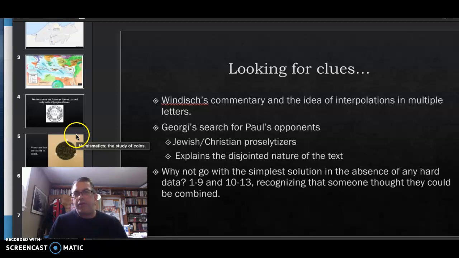So one piece of evidence for the presence of these Jewish or Jewish Christian proselytizers, missionaries who are going around and doing much the same thing as Paul, is the evidence of basically population records that attribute large numbers of Jews in different communities and their actions as they try to make inroads into their broader